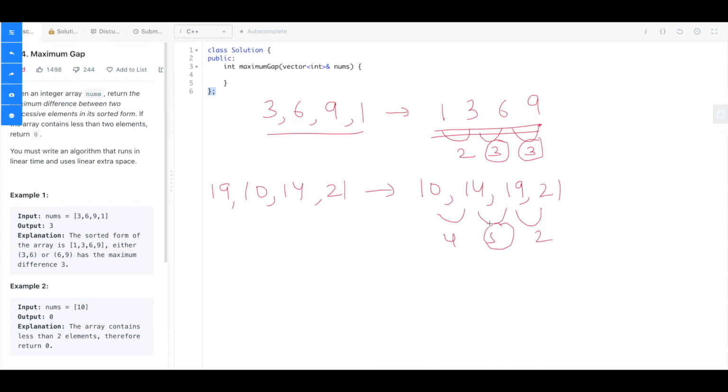Now we want to find out this gap, and in the question it is mentioned that it needs to be run in linear time. Whenever you find these kinds of statements, they are hinting towards one of the non-comparison based sorting algorithms. Since we have to do it in linear time, we should look at ways to make use of one of the non-comparison based sorting algorithms. So which one do you feel we can implement here? We have studied three different non-comparison based sorting algorithms: counting sort, radix sort and bucket sort.